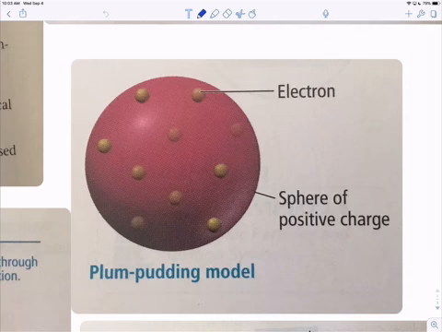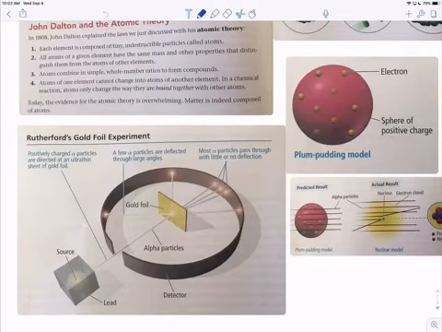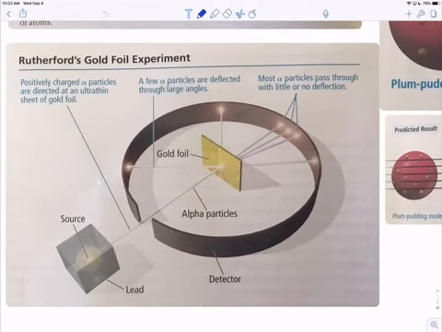Of course, this is British, so I guess they didn't have blueberry muffins back then. Then, in typical scientific fashion, we got two competing theories. We have Dalton's model, and then we have the plum pudding model. Which one's right? So Rutherford came along, and